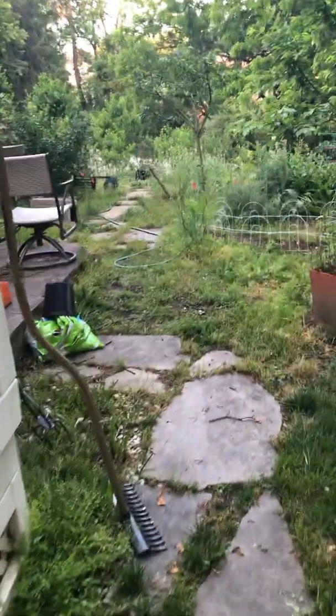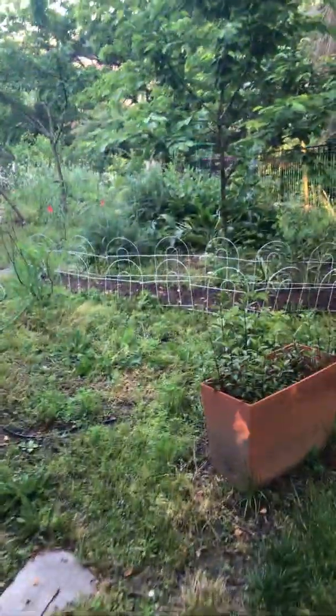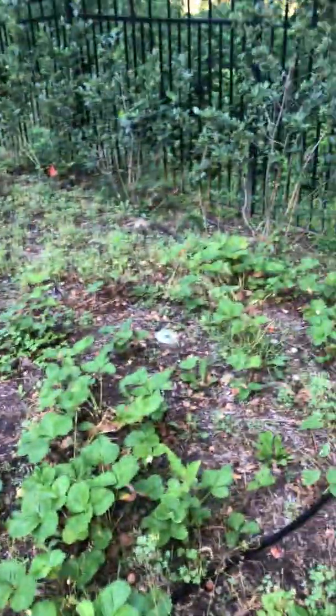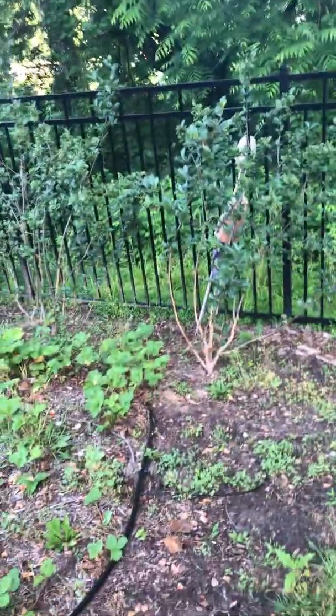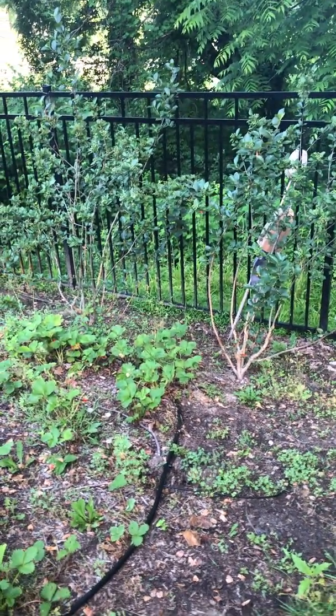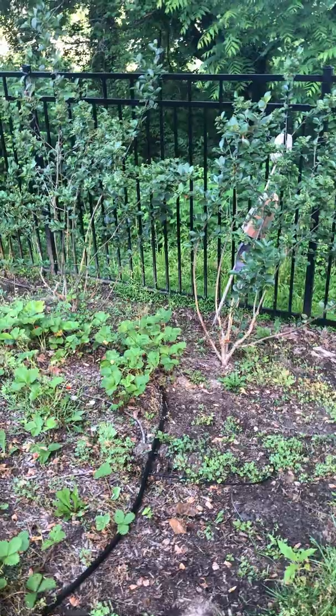So let's go over here and see what we've got. We've got mint and lemon balm. We've got, here's our strawberries. This is the smaller patch, and this is the one that often has animals nibbling on it. These are my newly planted aronia berry bushes, which the gardener messed up